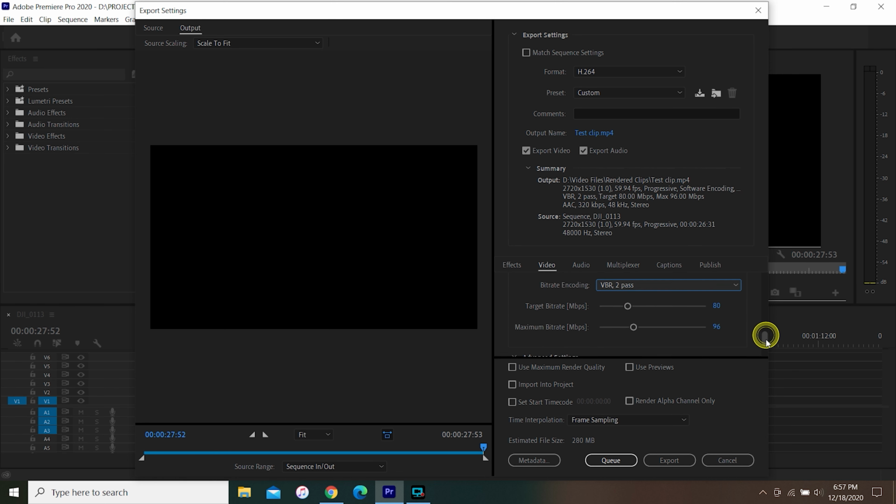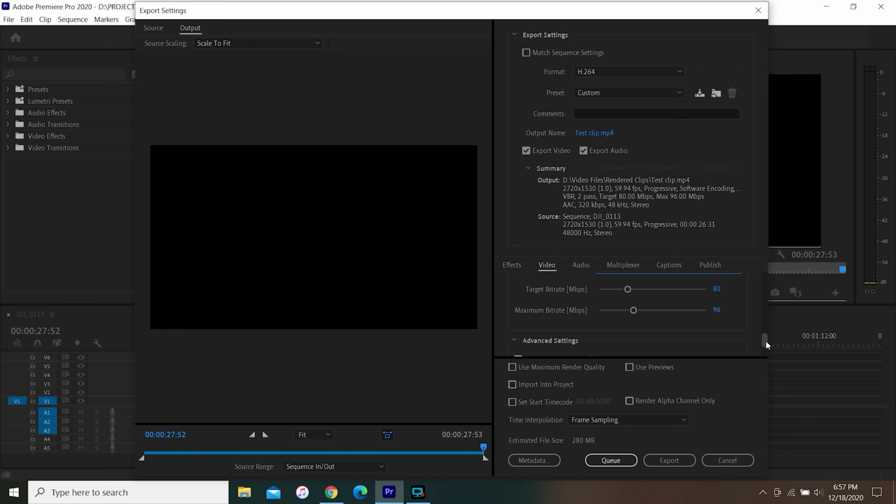So after you select VBR 2 pass, you'll need to select a target bitrate and a maximum bitrate, basically a lower and upper limit. Bitrate refers to the amount of data stored for each second of video that's being played. The higher the bitrate, the less compression, which results in overall higher quality video. You could go as high as 300 here, but that's probably more appropriate for a Hollywood action movie. I use a target of 80 with a max of 100, which is probably still overkill for a YouTube video.